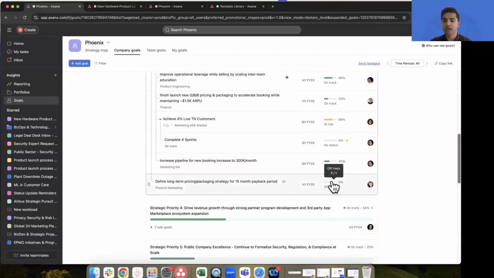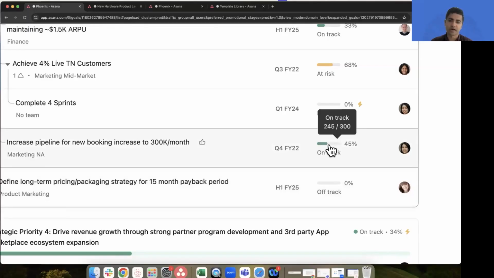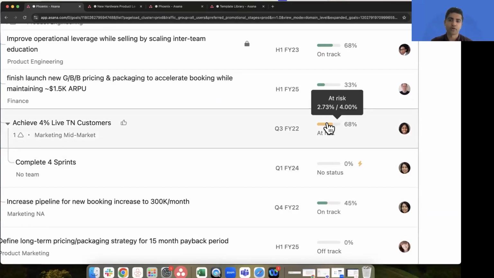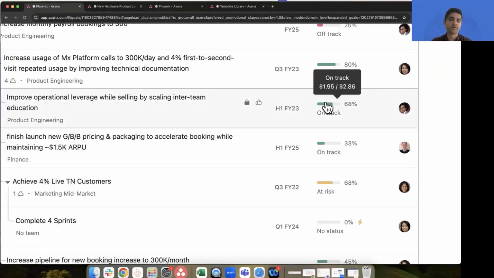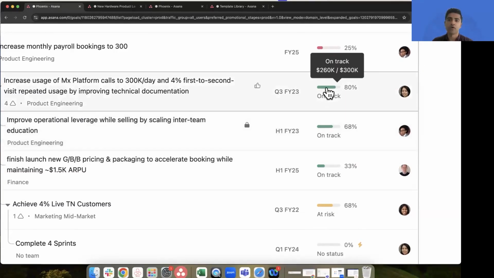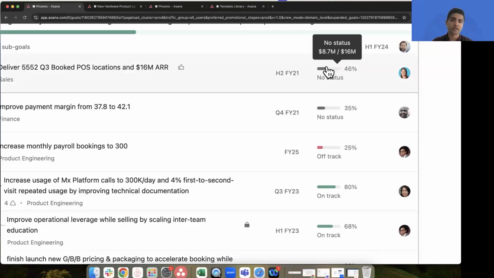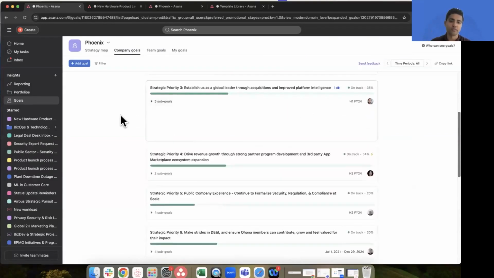In a given time frame, we can measure things based on specific numbers: either done or not done, absolute numbers, or percentages from 0 to 100, or fractional percentages, where you're trying to make a small incremental change in, say, a profit margin or the cost of acquiring a customer. That cost might be in dollars per acquisition, or hundreds of thousands, or millions of dollars. You can have all of that tracked in Asana, and we can also see who specifically in the organization is responsible for that goal. But this view is much more simplified.